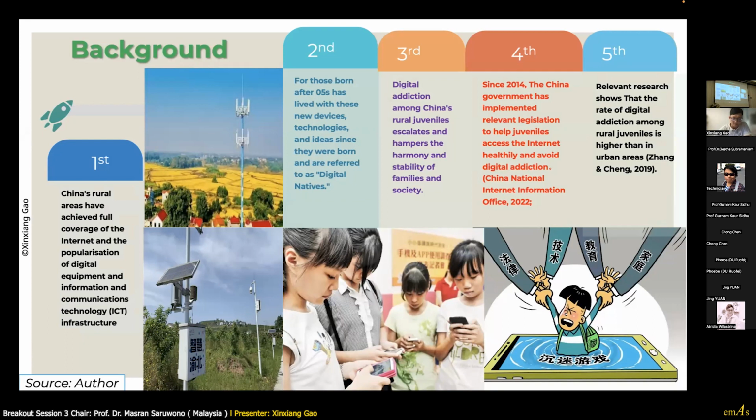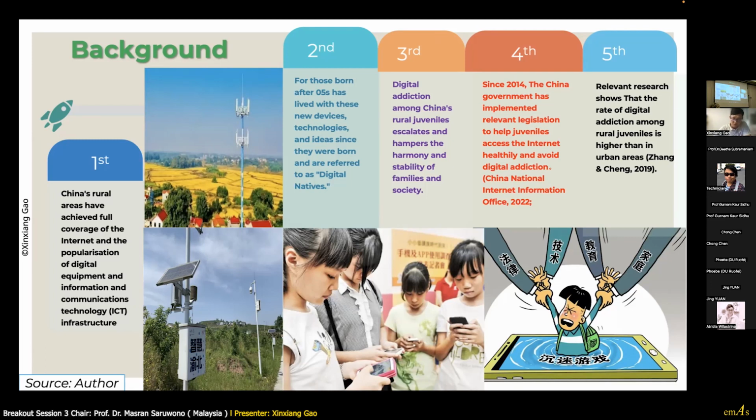China's rural areas have achieved full coverage of the internet. Those born after 05 have lived with those new products, technologies, and ideas since birth and are called digital natives. Digital addiction escalates and hampers the harmony and stability of families and society.